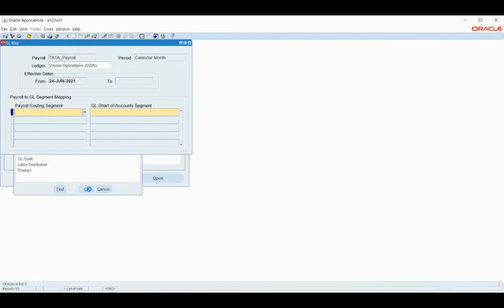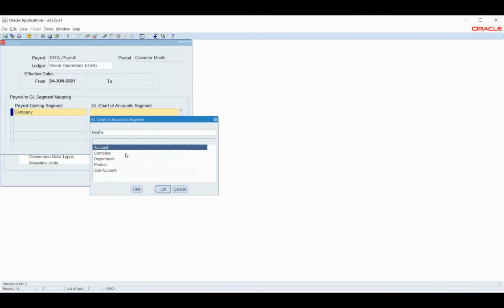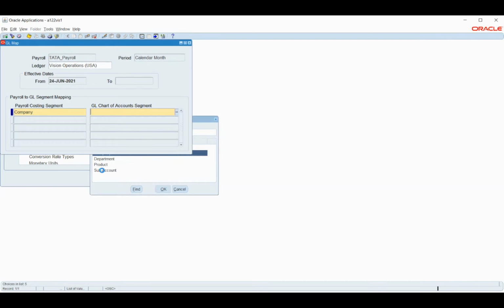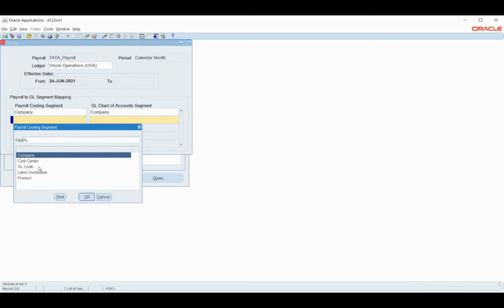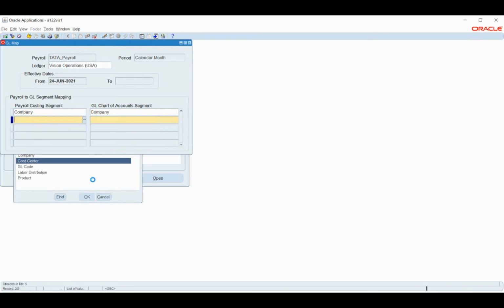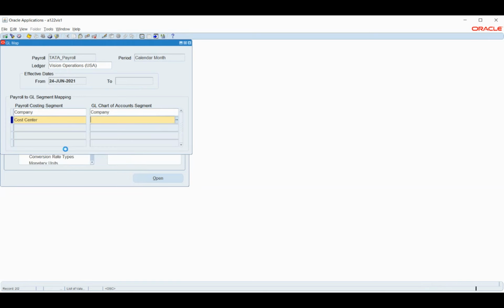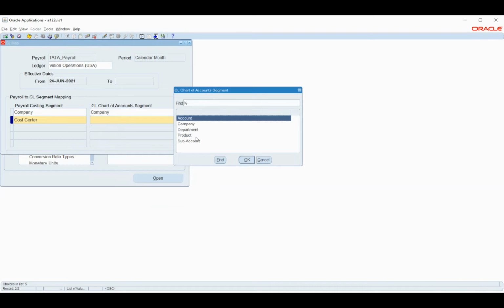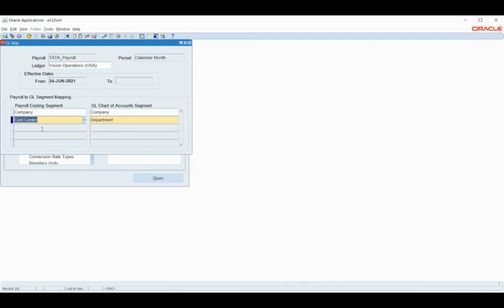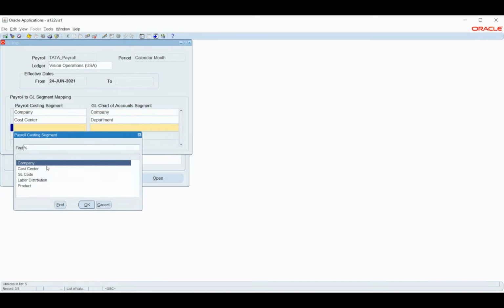Unless these two records match, the system is not going to accept the transactions that we are pushing from payroll. So in most cases we will have segments similar to our GL. It could be either way: either GL will have the same, or probably this will have similar setups. Okay, so in this case, my cost center is my department.